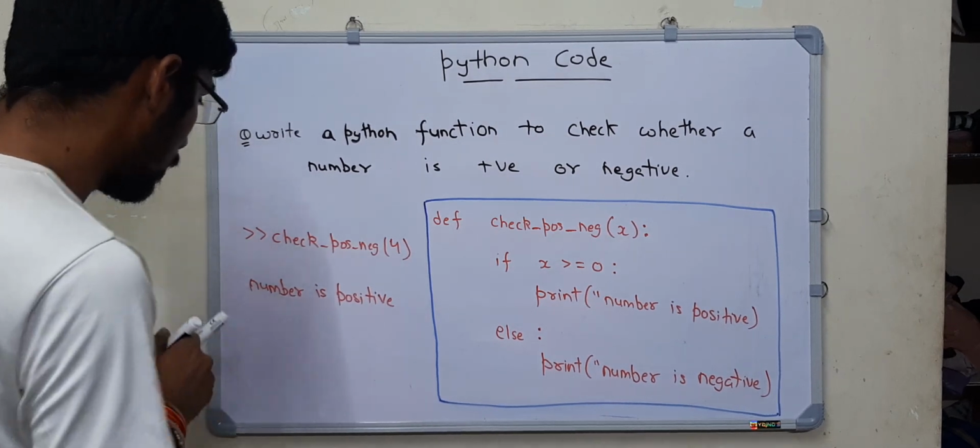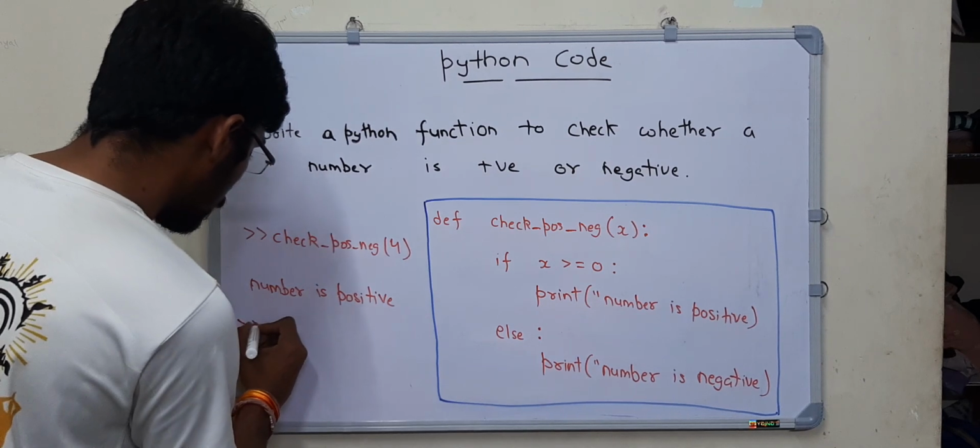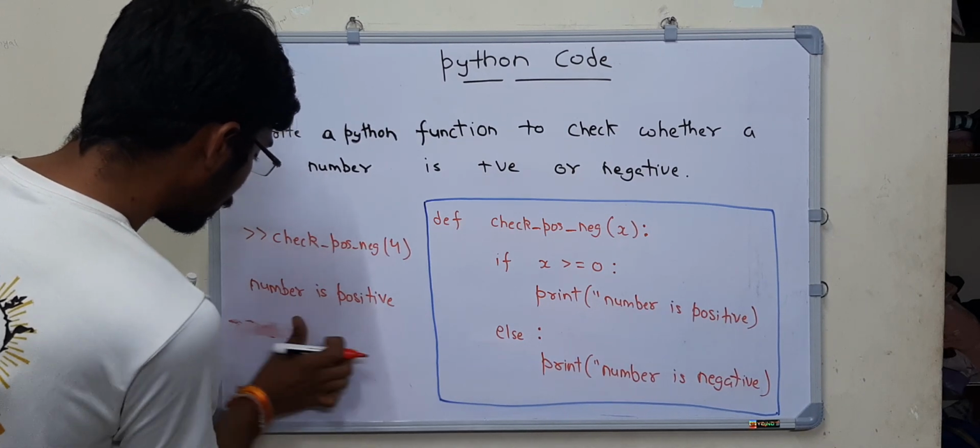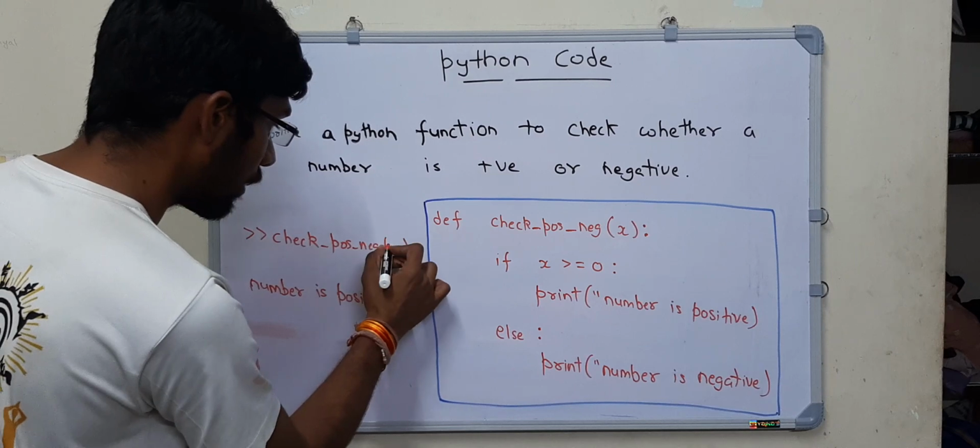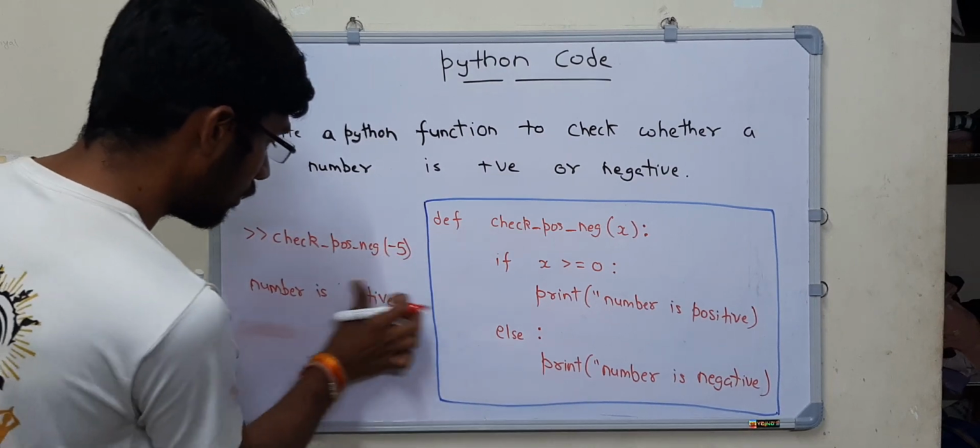Otherwise, you can try it like this. If it is -5, then the output will be